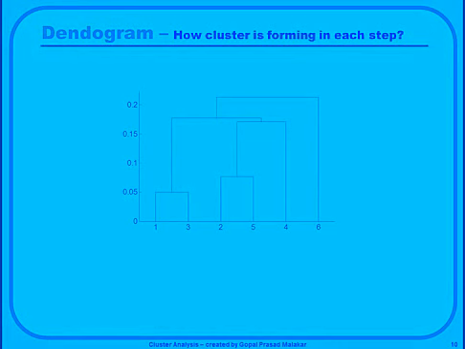Now let me talk about the dendrogram. It tells you how the clusters are forming in each step. If you know how to read it, it is saying that first it combined 1 and 3 together. Then it combined 2 and 5. In the next step it combined this cluster 2 and 5 with 4. Then in the next step it combined the group 1, 3 with the group 2, 5, 4. And in the last step it combined the final object 6. So it is telling you how the clusters form in each step. It has taken 1, 2, 3 and 4 steps.